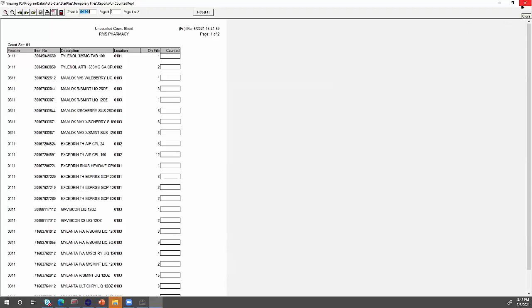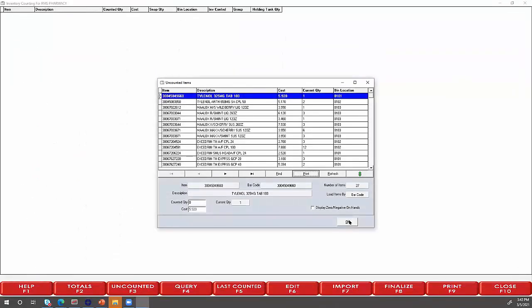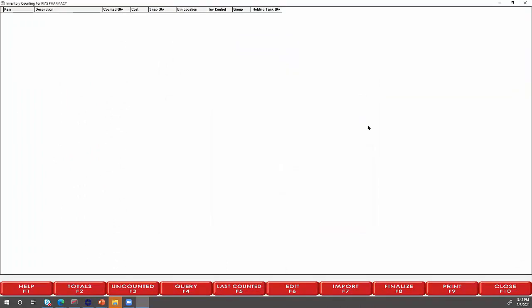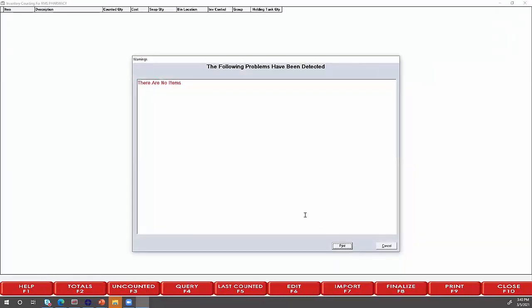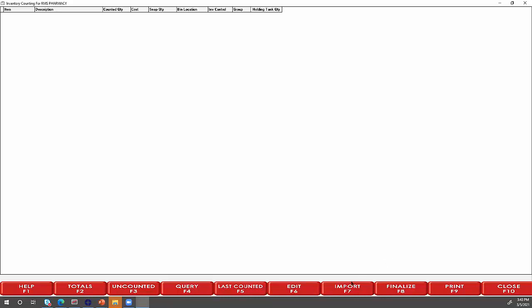You can go back, use the scanner, and count bin location 0103. So once you have finished, and this is the beauty of the inventory counting system, once you've done and you say, okay, I've run that report, I can't find those items, let's say that there were only 5 on that sheet, you go, yeah, we just don't have those items anymore. You don't actually have to do anything with those items, because when you get to this next step, the final step of finalize,